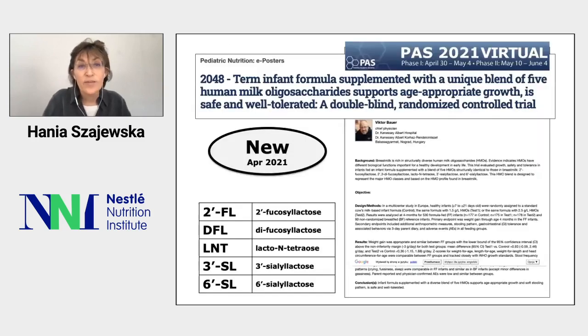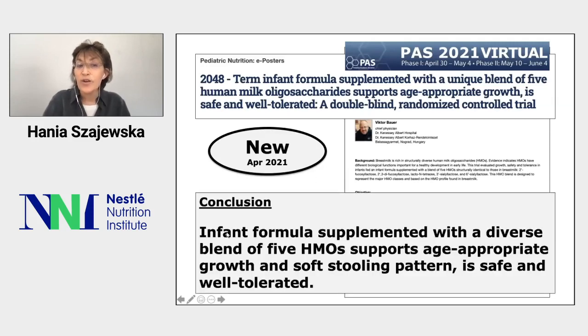And not only are they available, but this is published as of today only as an abstract, and will be presented at the beginning of May at the Pediatric Academic Societies Conference, which looks at infant formula supplemented with a mix of 5 human milk oligosaccharides, which are presented here. The conclusion of this abstract is that infant formula supplemented with a diverse blend of 5 HMOs supports age-appropriate growth and soft stooling pattern, is safe